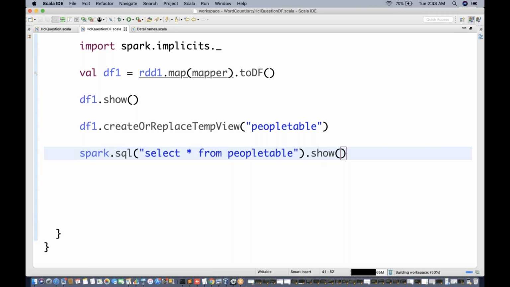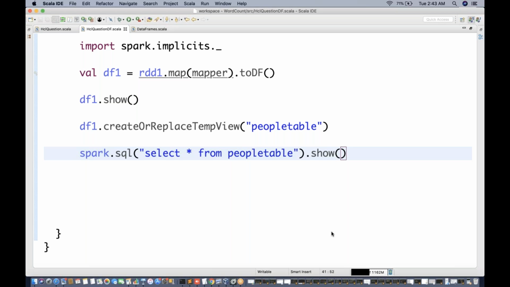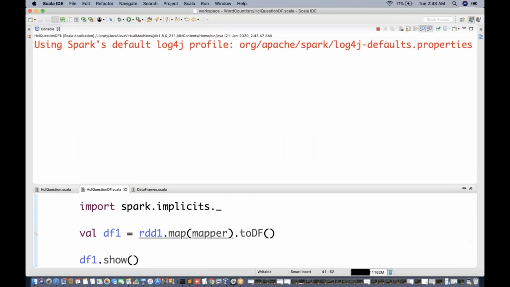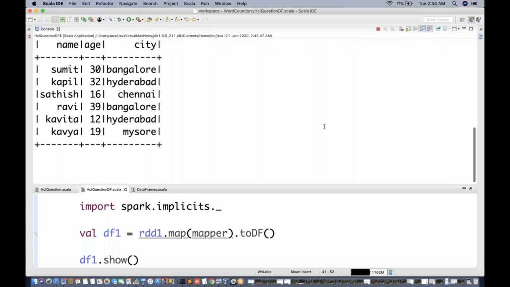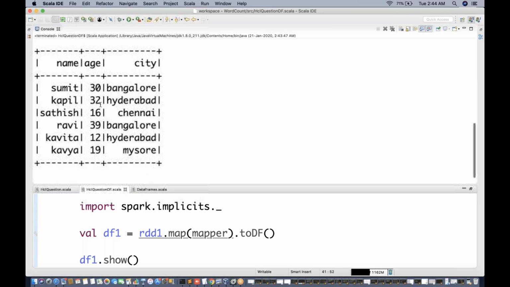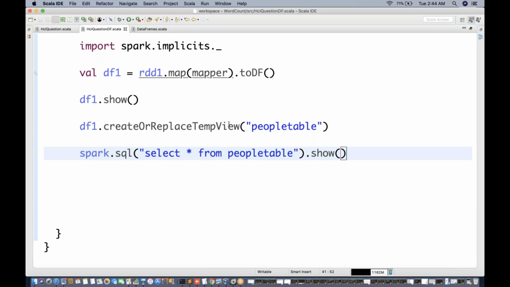Run as Scala application. So this will ease things now that we have created an in-memory table where you can do SQL-like operations directly. You can see this is given by the table, so things are becoming easy now.